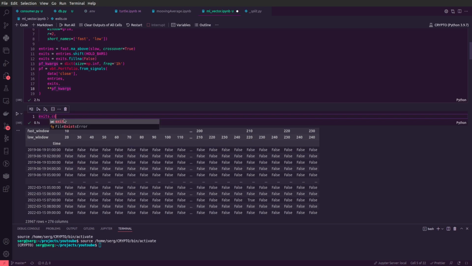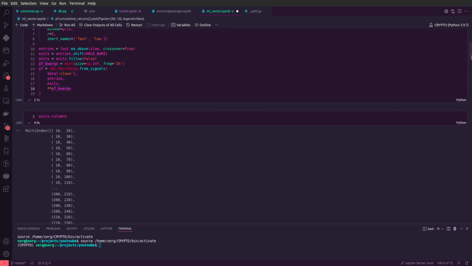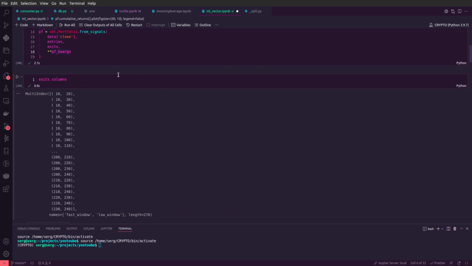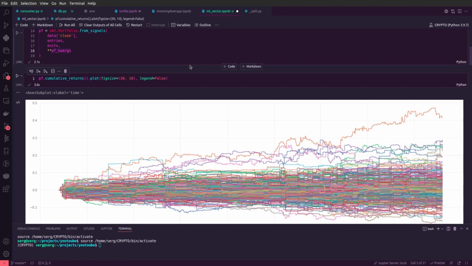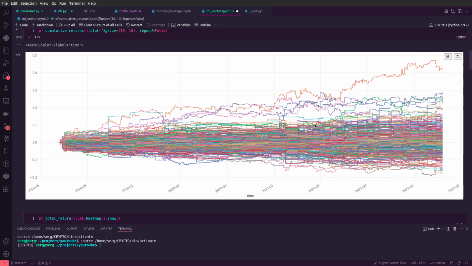Okay, let's look at our columns when we create a multiplier of features for our data frame, and you see we have different combinations. When we did this backtesting, you see we have some stochastic distribution, but some combinations shift toward being profitable, because if we draw this line, most of the combinations have positive returns. We have a shift of this distribution, and for some combinations, where we predict what happens on the next step, we have very good profits. But